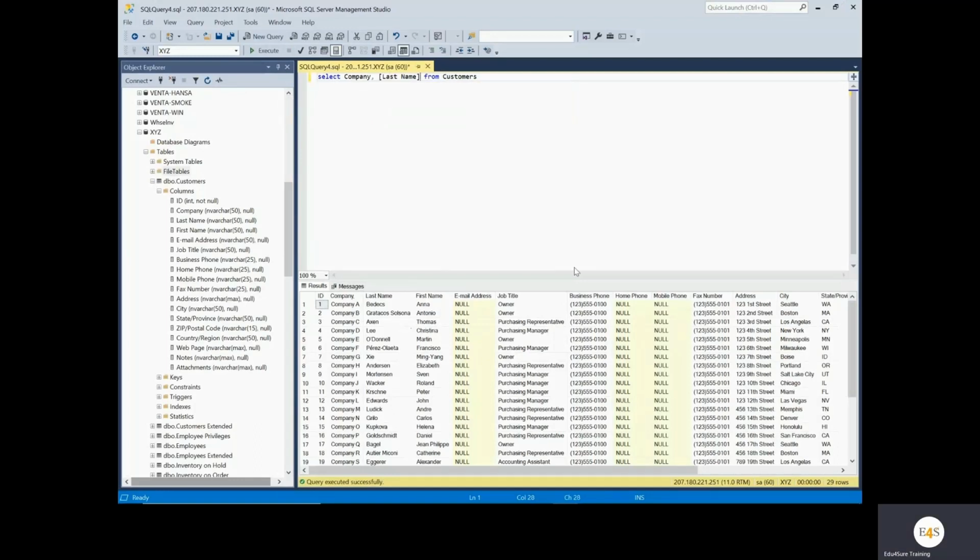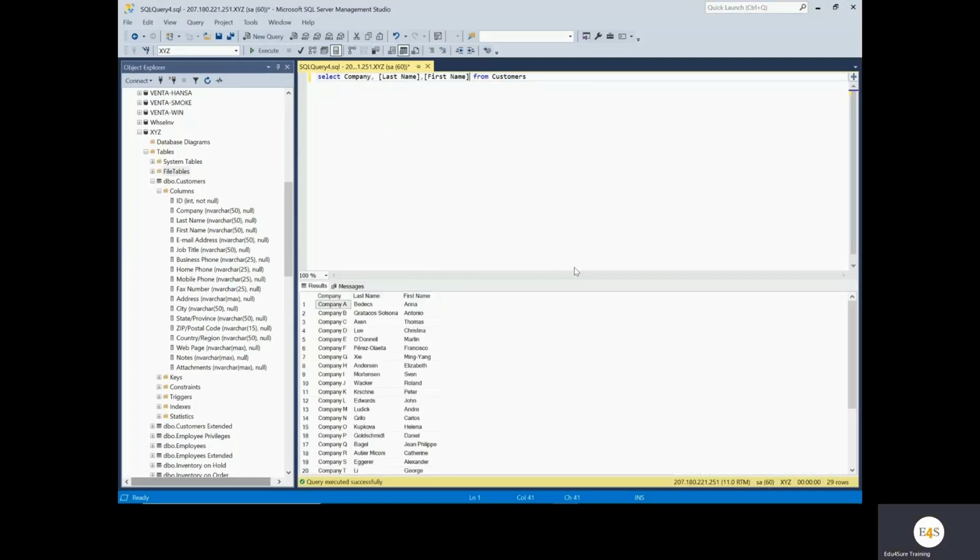If I select this from the drop down, it automatically comes in square brackets. If you do not select it, you have to take notice and write it in square brackets. And I am also taking first name. So these three columns I am taking. Now if I press F5, only these three columns have come.